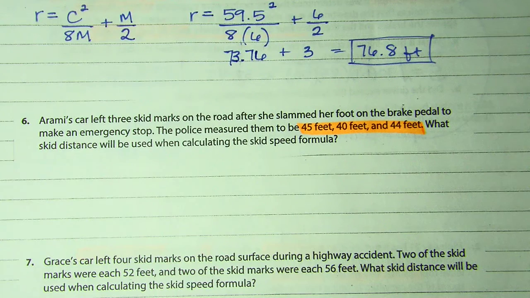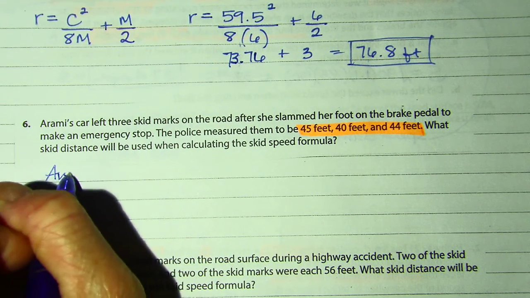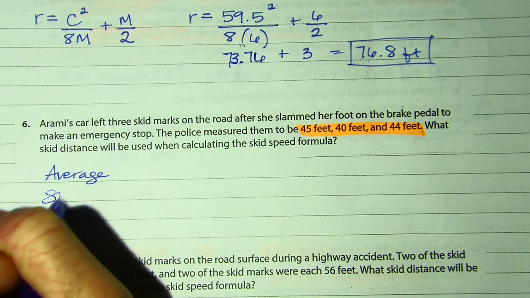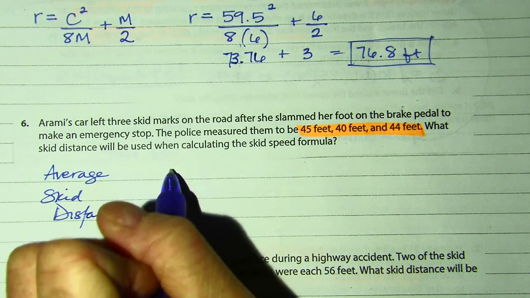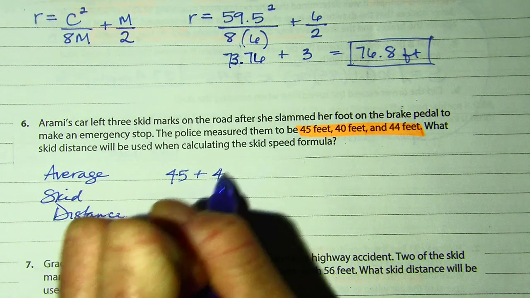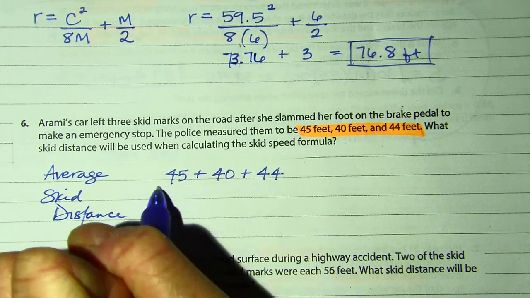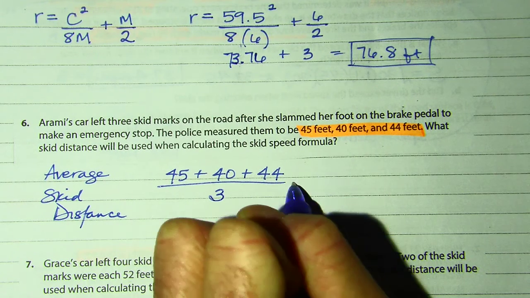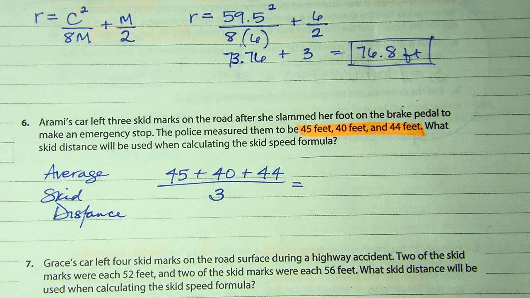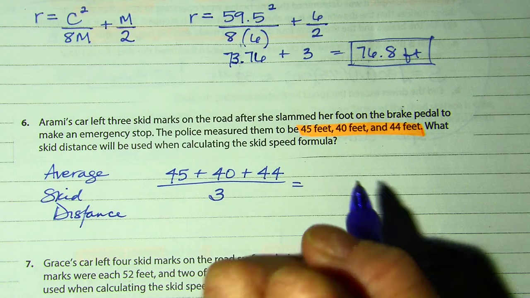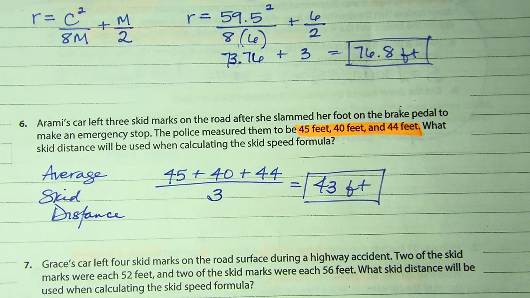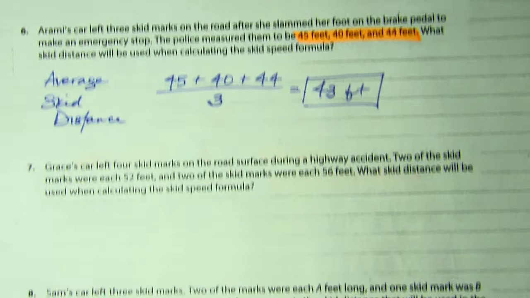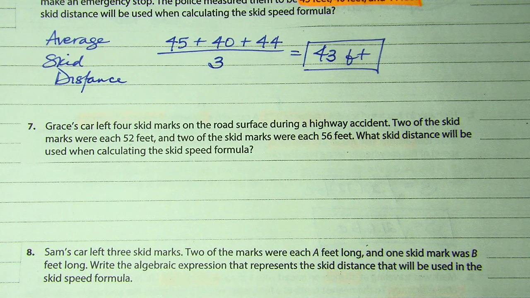So what we're going to do is find the average skid distance. To find the average, they gave me 3 different ones, so I'm going to add up the 3 and divide by 3 because I have 3 different numbers. So 45 plus 40 plus 44 divided by 3, I got 43 feet. That is what we would use for our skid distance formula. If you want to pause and then try this next one by yourself, that would probably be the most